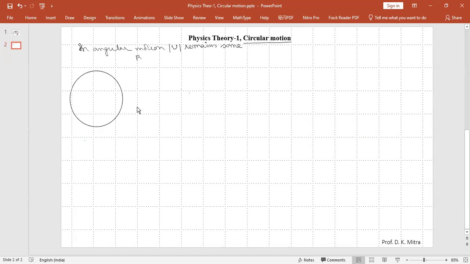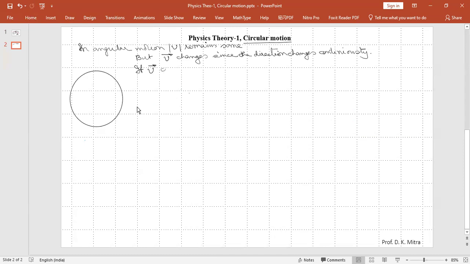But the vector velocity changes. Means the direction changes continuously. Direction changes, the direction changes continuously. Now, from the basic principle, if